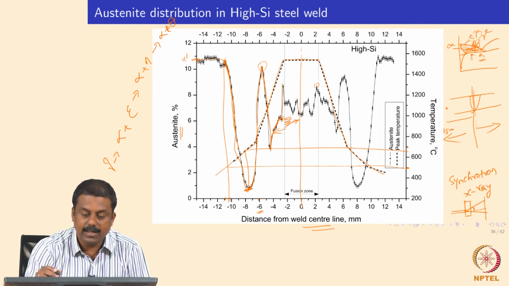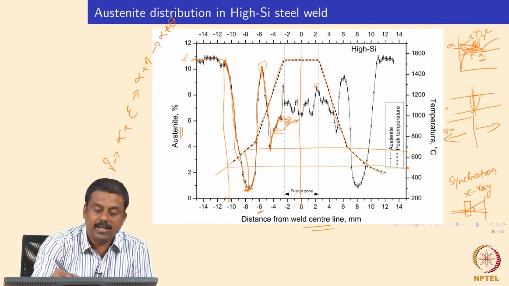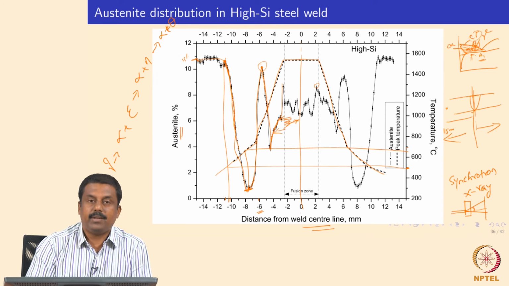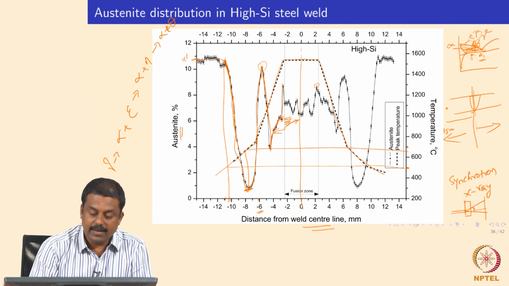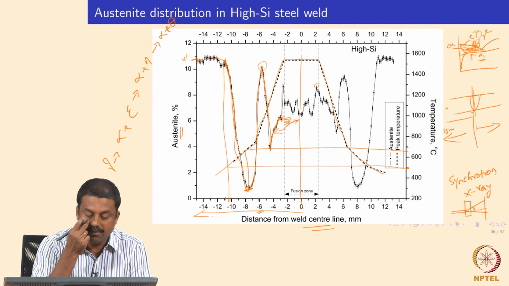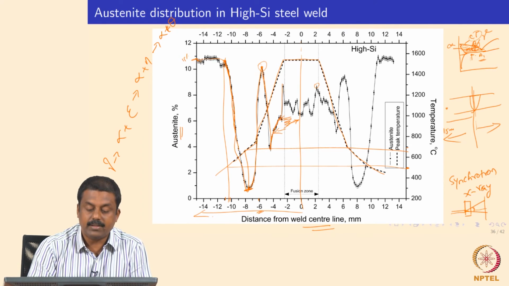So, if you look at this graph, the lesson you have to learn is that even though you have a uniform temperature gradient, based on the peak temperature reached, you will also change the microstructure significantly. In a conventional ferritic pearlitic steel, this effect is not significant. Why? Because there is no retained austenite in the microstructure. But because of the presence of retained austenite, you have the effect of the peak weld thermal cycle, in this case until 15 millimeter from the weld central line.